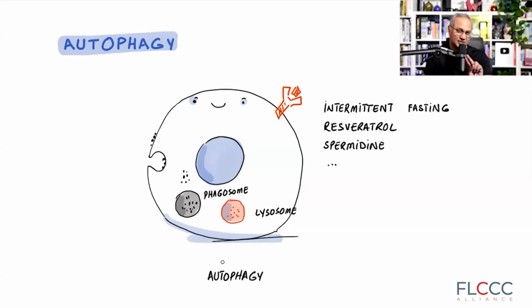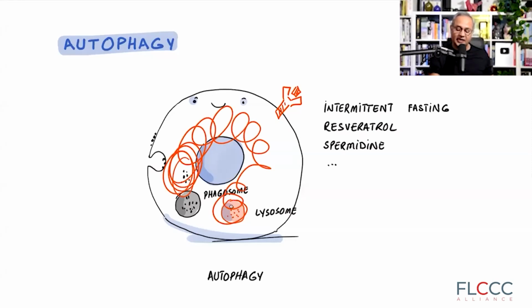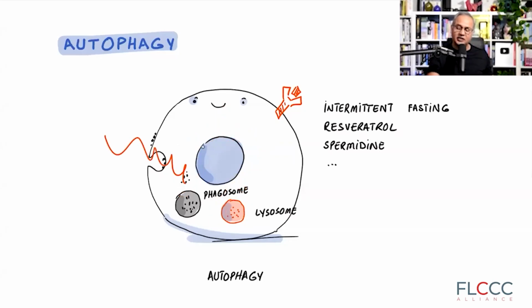Now, here is another delicate point to keep in mind. If for some reason this cell fails to perform this fusion and to break down this material, by the way, this process is called autophagy if the material is picked up from within the cell and destroyed. If it is from outside, it is not exactly autophagy, but if it is from within, then it is called autophagy. The cell is cleaning out its own house.